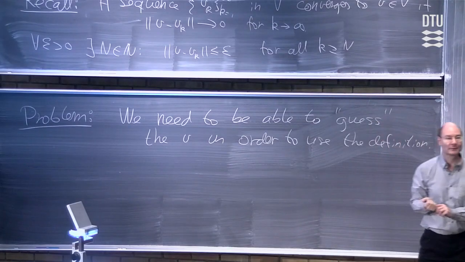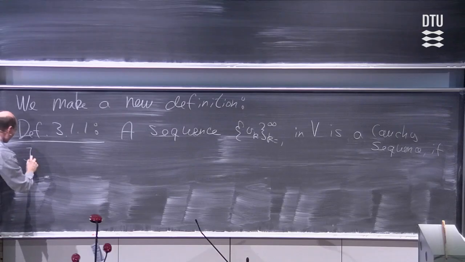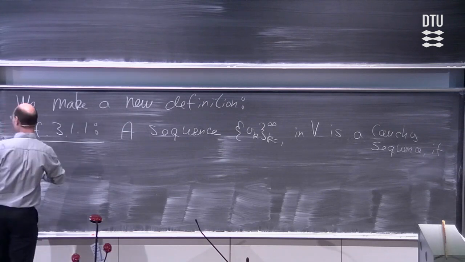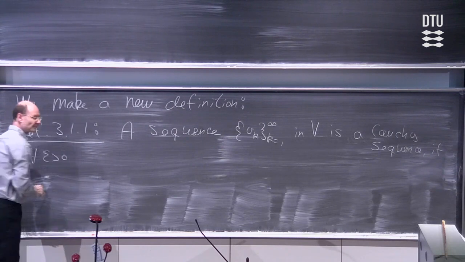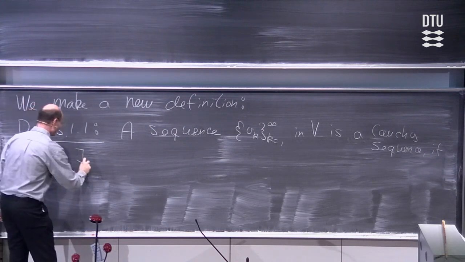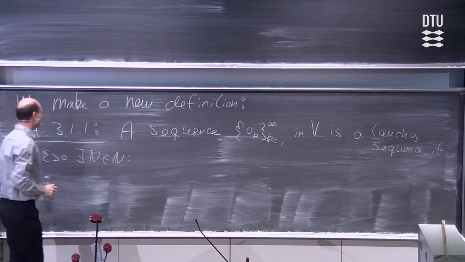And the way it will be formulated is very similar to what we have here, but there's a small difference. So again, we say for all epsilon greater than 0, there should exist a number n in the natural numbers such that,